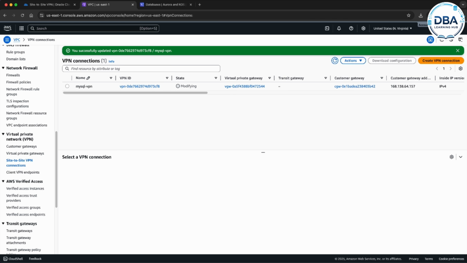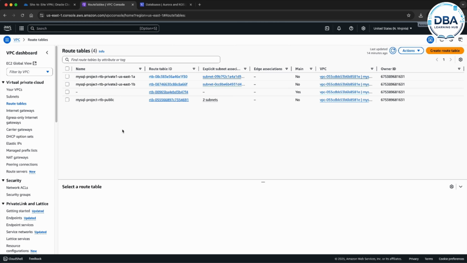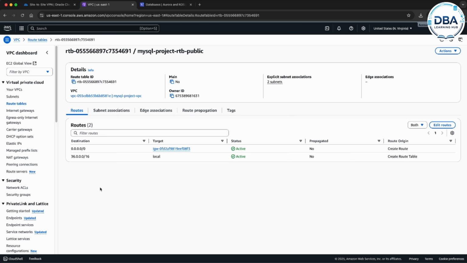Now we will create the routing. Now in the VPC we'll go to route tables, and under public subnet we will add one route,